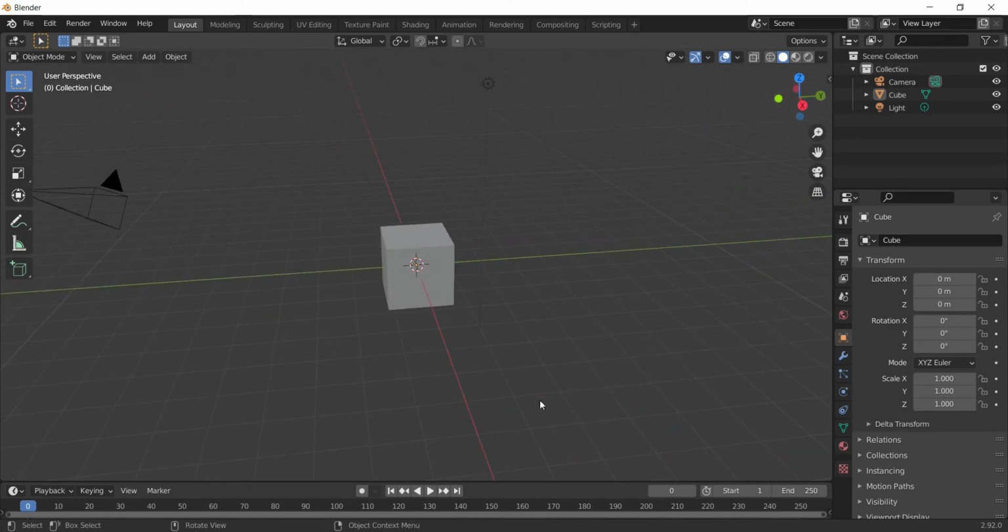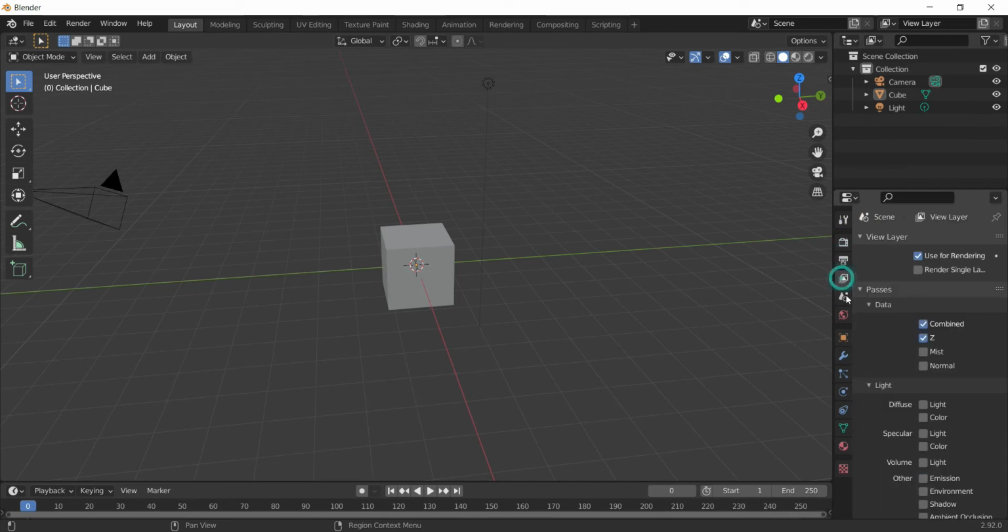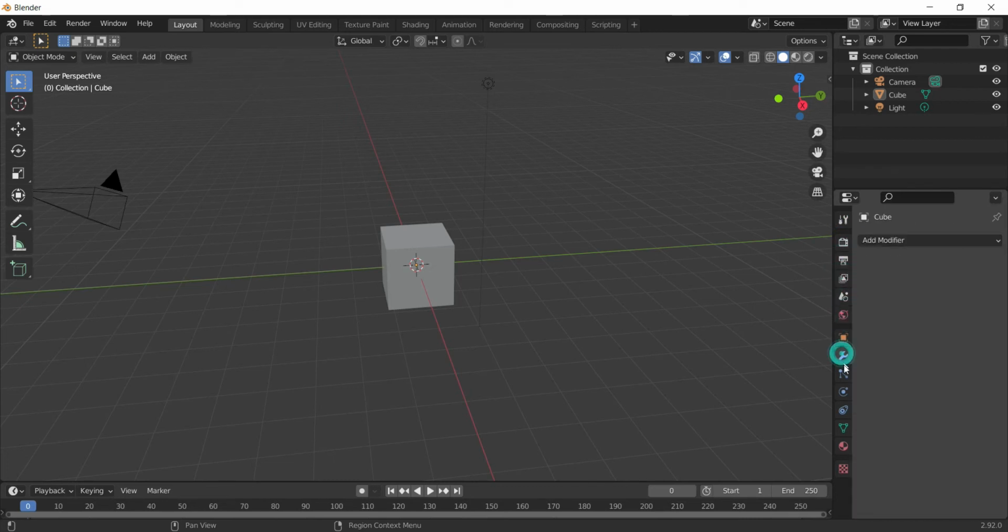Then at the bottom we have a timeline. So timeline is going to be used when we will do some animation. Of course, that is the future thing. So we will cover that up in the upcoming projects. Then here on the right hand side we have this properties editor. Now properties editor will give you different tools depending on the kind of requirement you have in your project. So this we will also explore activity by activity. So we will let it be like this.